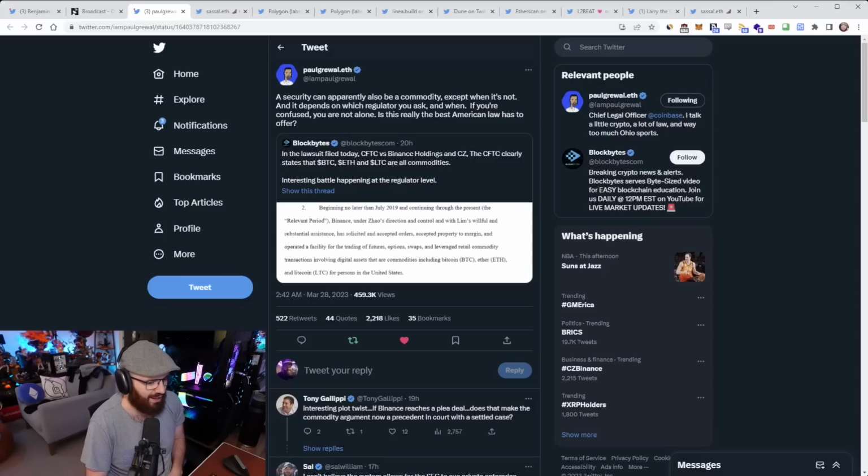There's this back and forth game with the regulators, where the SEC says that such and such is a security, and then the CFTC says no, it's a commodity, and then other regulators will say it's a security or a commodity, and we just go around and round in circles, and there's no clarity, and we're kind of in limbo here. So I do hope that soon we get clarity on this, but I'm not holding my